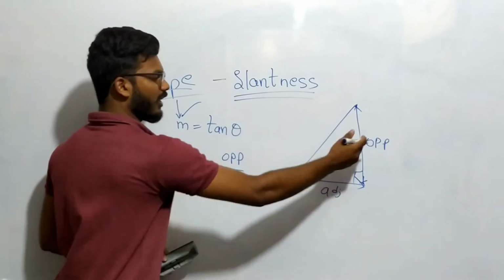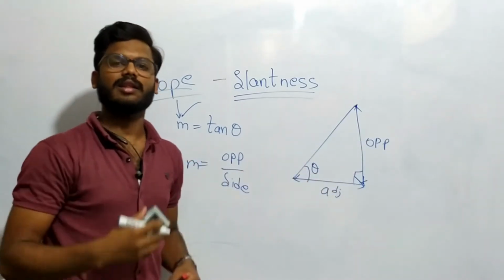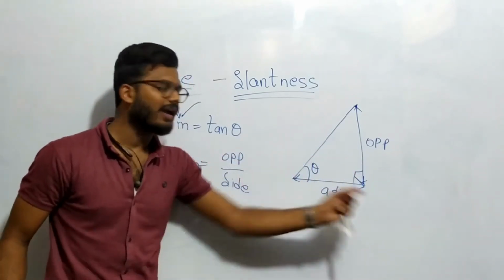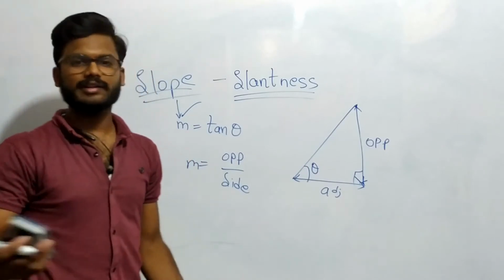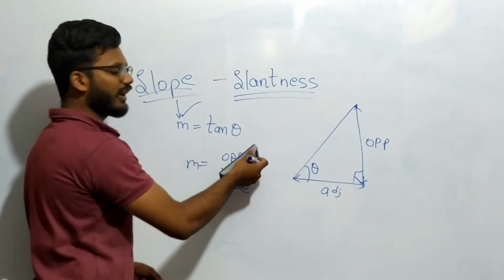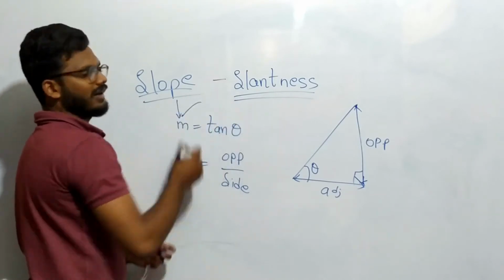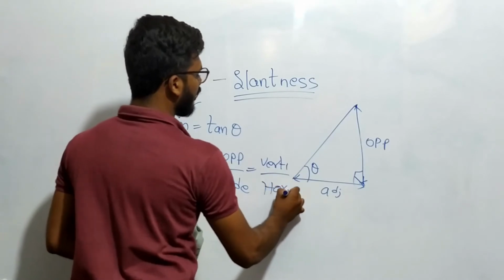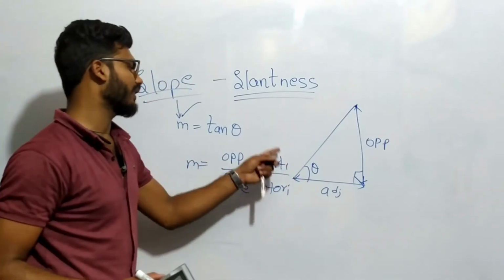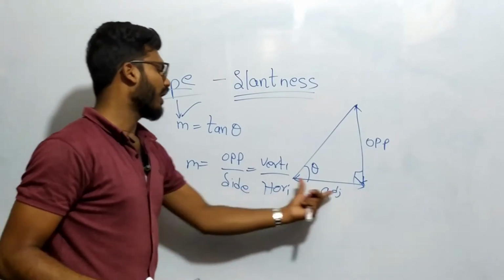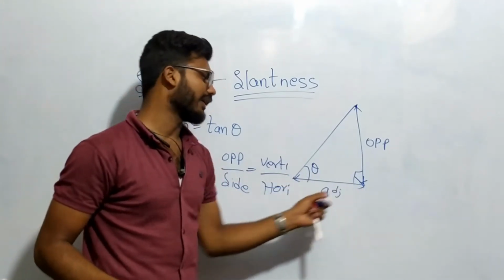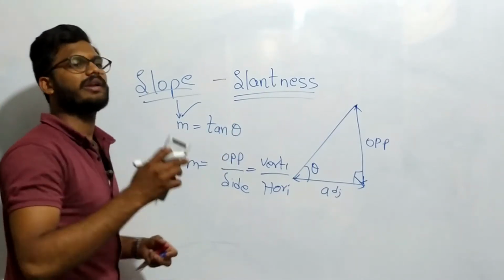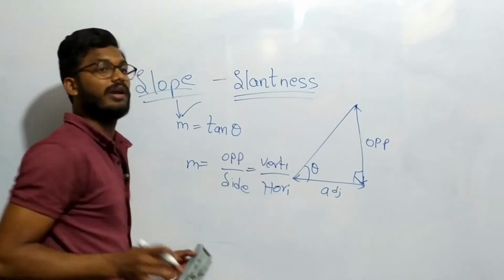Slope we can measure with the help of opposite side by adjacent side, or you can tell in other words, slope is nothing but the ratio of vertical distance by horizontal distance of a line. Here the ratio of opposite side by adjacent side, you call it tan theta. Vertical distance is nothing but the opposite side, and horizontal distance is nothing but the adjacent side of the theta. So the value of slope is nothing but tan theta when we know inclination.